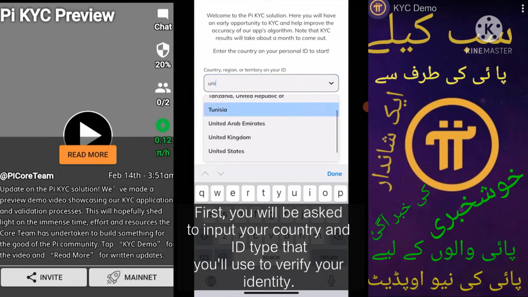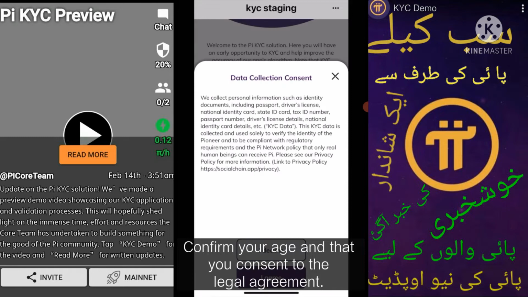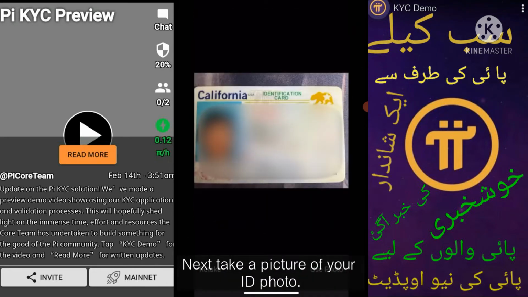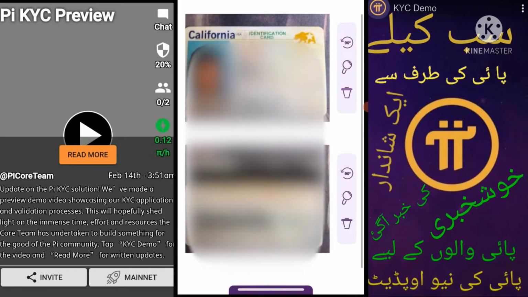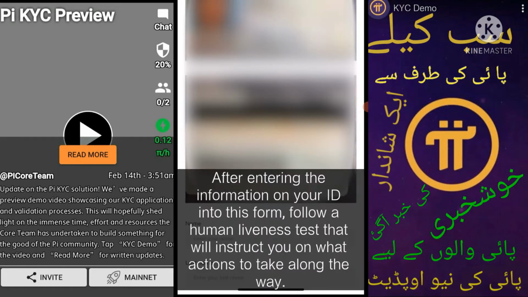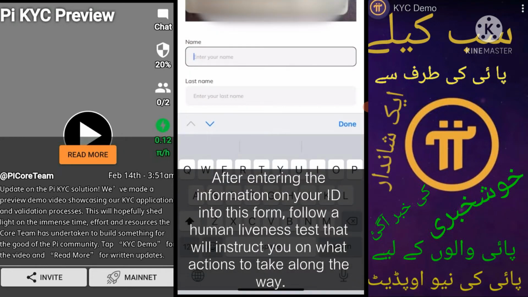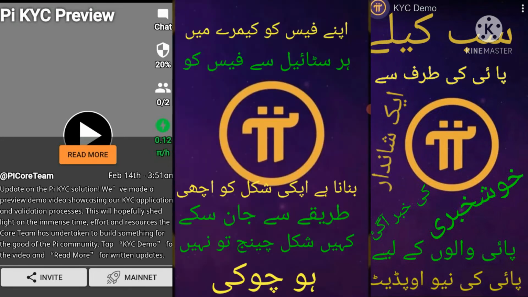Country and ID type that you'll use to verify your identity. Confirm your age and that you consent to the legal agreement. Next, take a picture of your ID photo. After entering the information on your ID into this form, follow a human liveness test that will instruct you on